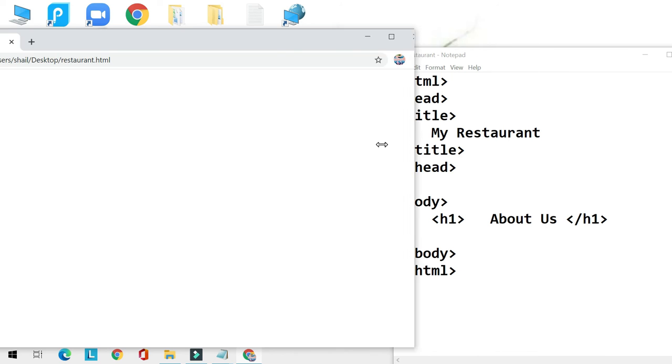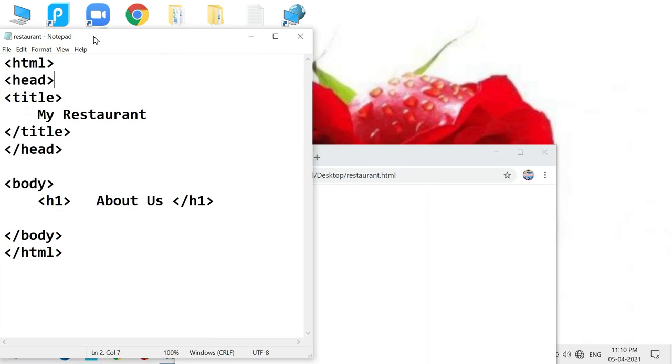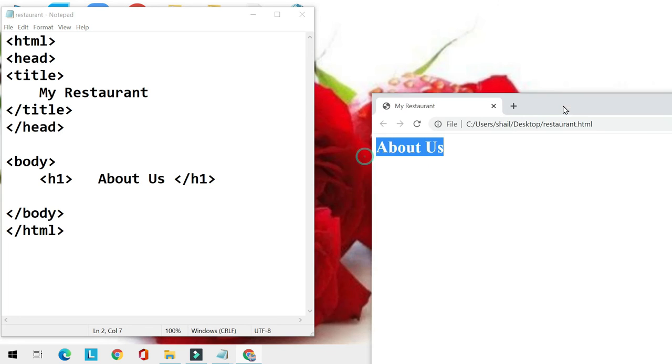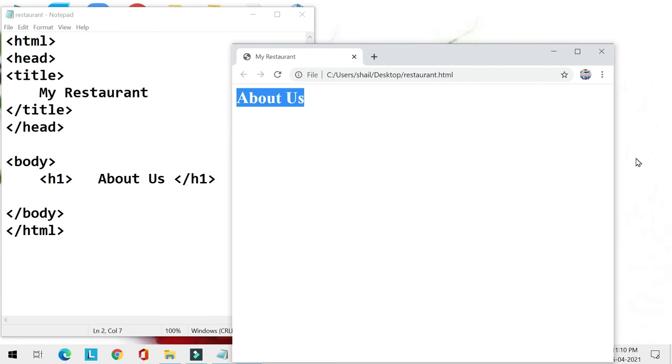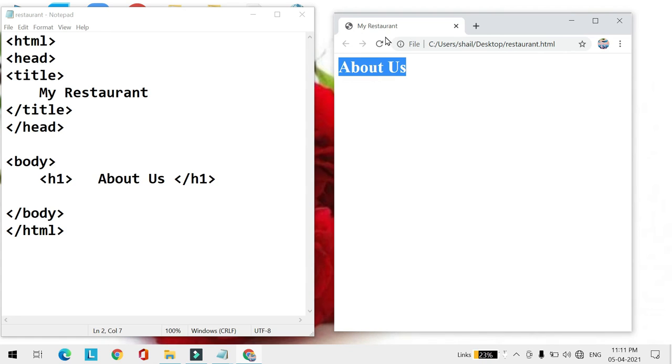Now I will minimize this window also so that you can see the code and the output at a time. This is my notepad window and this is the output screen. Now this is my restaurant and the name of my restaurant is Taj. Suppose Taj Hotel.